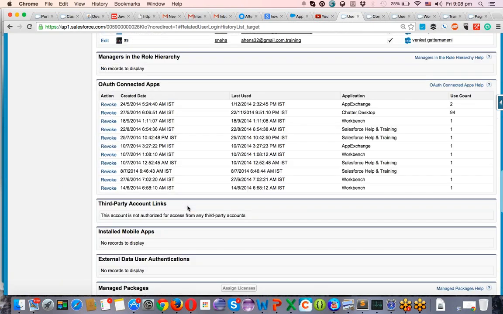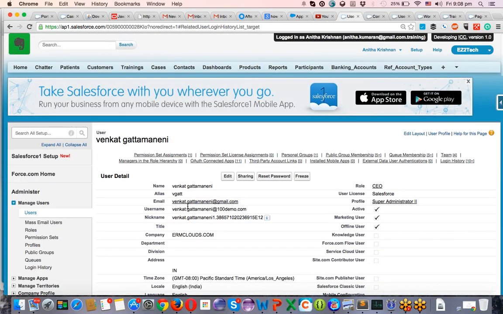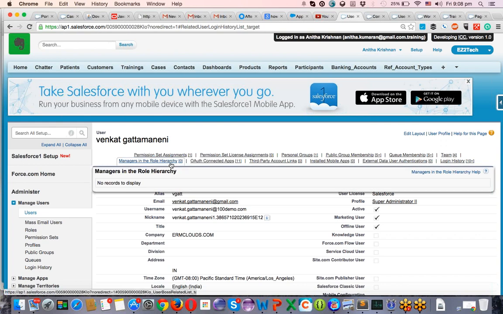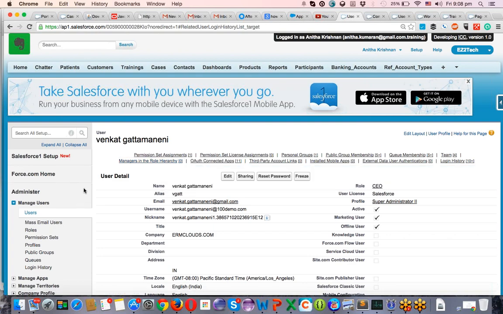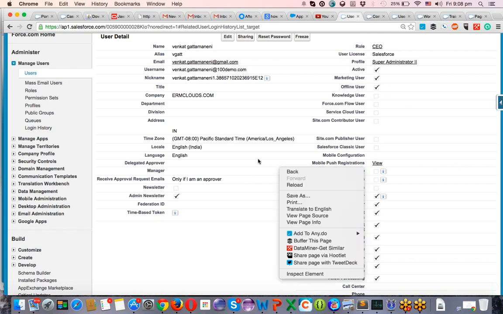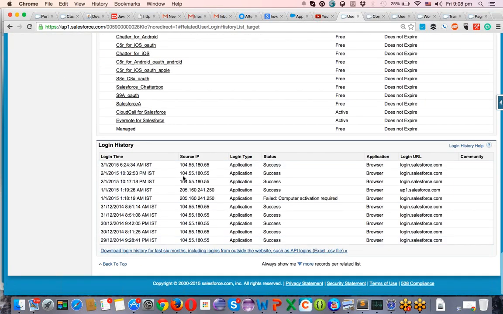And there is one more information called audit trail for developers. If you're trying to modify something in your edition, if you're developing something, they can track what you are doing. If, for suppose, a mistake is done by one user, as this is completely a cloud, who modified it, everything can be tracked with the date and time, what is the previous setting, what is the next setting, what you have modified. If he is throwing some error, you can roll back the changes. Everything can be seen in the audit trail. That's for developers. This is only for the login history of this user.